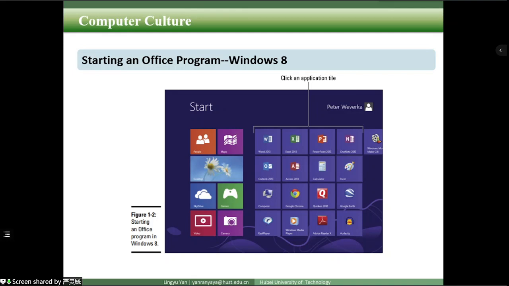Then in this method, you can find the icon in the Start menu. Similarly, for a desktop shortcut icon, double-click the program shortcut icon and you can open it. To place an Office shortcut icon on a Windows 7 or Windows 8 desktop is as